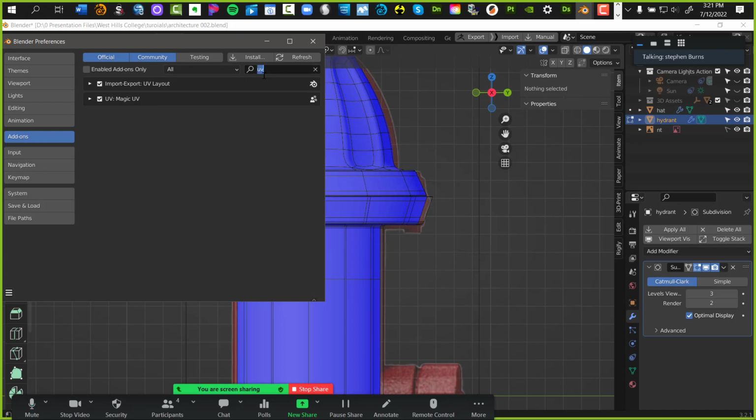And you're going to type in the word bolt, B-O-L-T. And make sure you have Add Mesh Bolt Factory. Okay. Blender has some neat little stuff like this. They have a lot of add-ons.